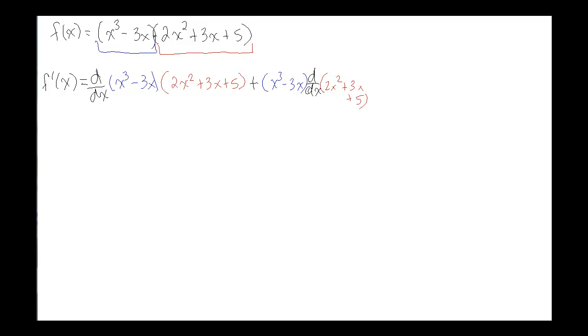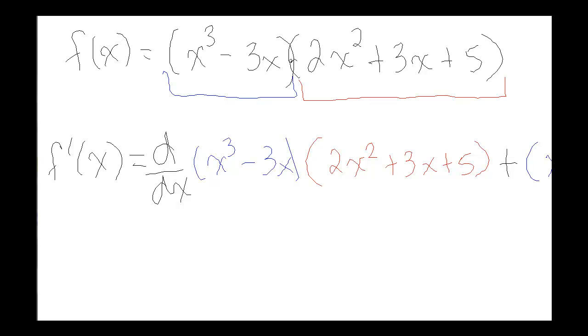Okay? So we're going to take it a step at a time. First thing we do is we just apply the product rule to understand where we're going to apply derivatives. So it's the derivative of the first function times the second function, left alone. We don't touch the second function. We just rewrite it as is, plus the first function, we leave it alone, because we've already taken a derivative of the first part. So now in the second half, we leave it alone, and then we take the derivative of the second function.